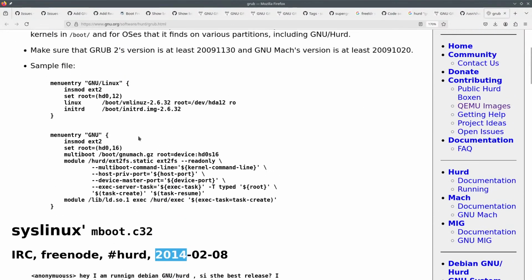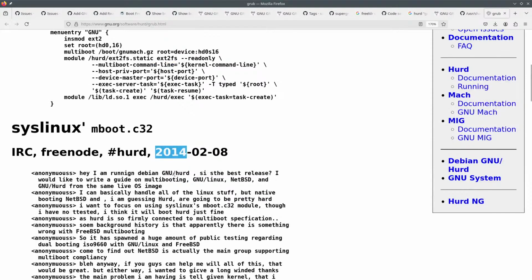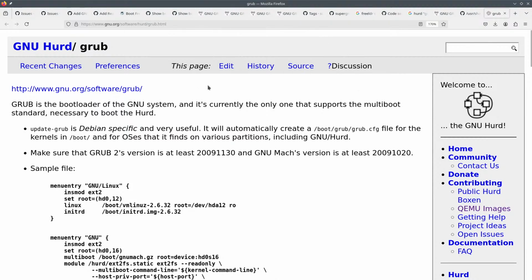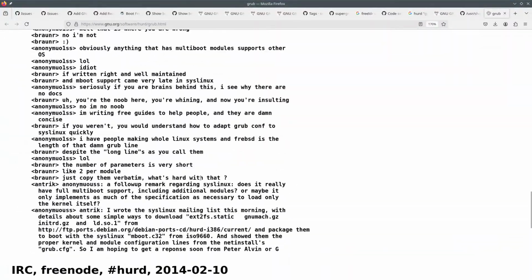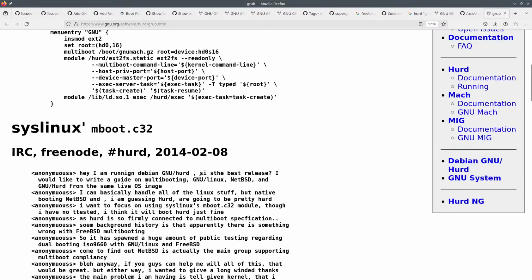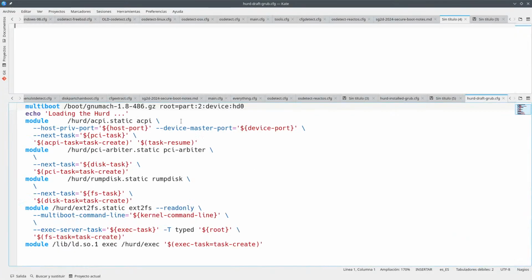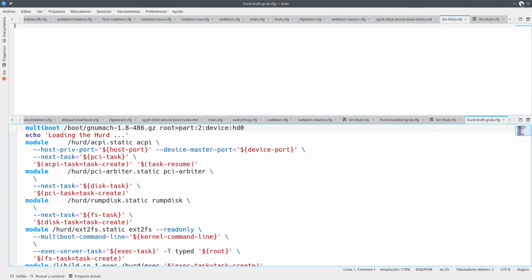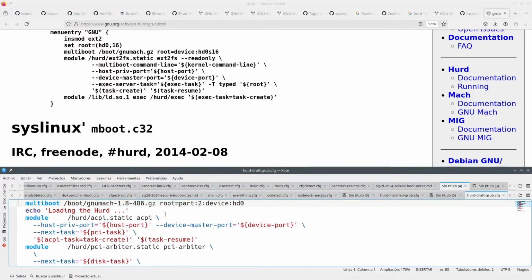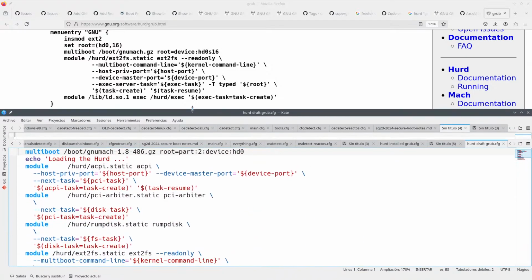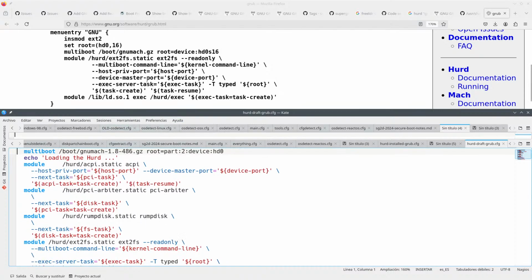So here you have an explanation on how to use this. Now, this is from the original, I mean, this is official documentation. Okay, make sure the Grub2 is this and whatever. Okay, the latest stuff is from 2014, sorry. So now take a look at what we have here. Let me see if we can show everything on the same screen real quick. Now take a look at what you have here on the top.